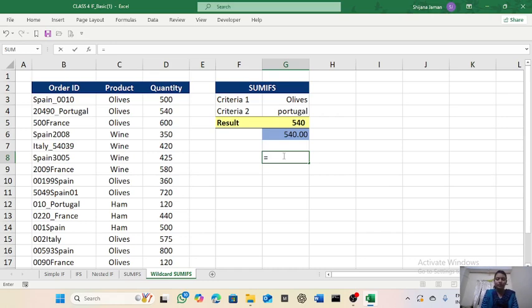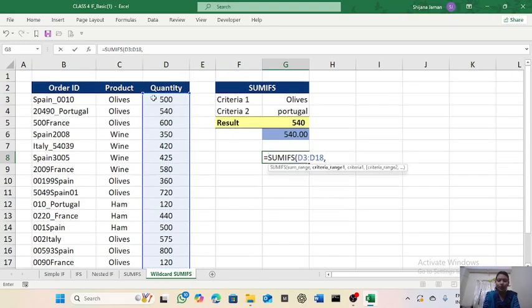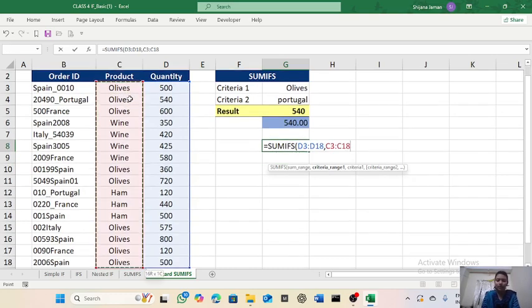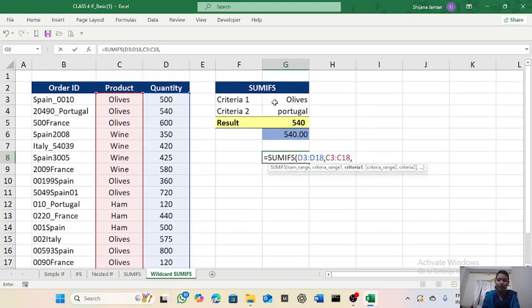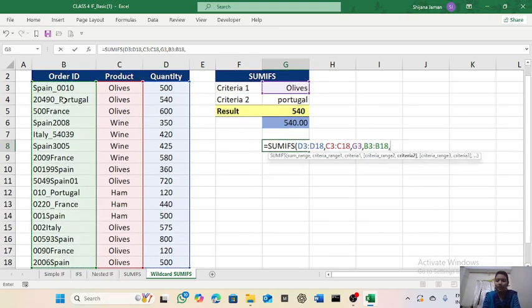So we can start with equal SUMIF; since there are two criteria, that's why we select the SUMIFS formula. Sum range would be quantity range, Control Shift downward button, comma, criteria range 1, criteria range all ifs, that means products range, select the entire products, comma, criteria 1, yes, criteria 1 select, comma, criteria 2 range is order ID range, select the entire order ID range, criteria 2,